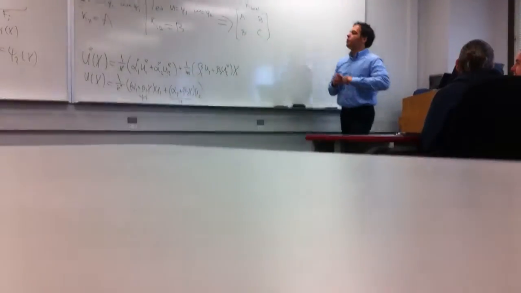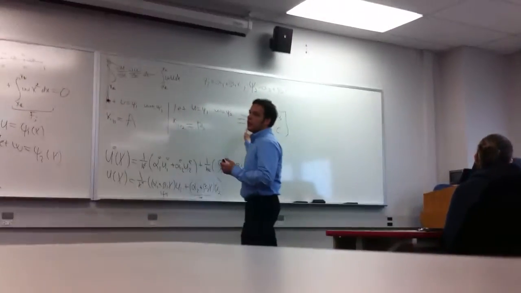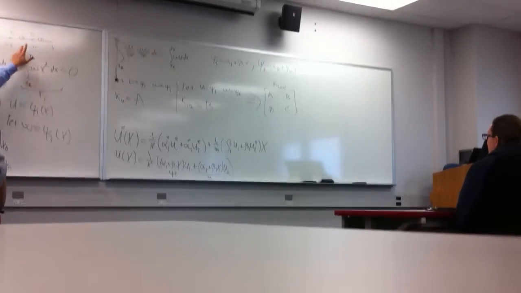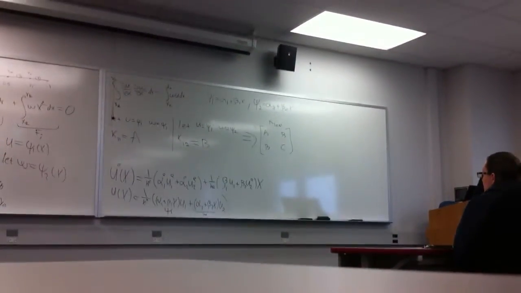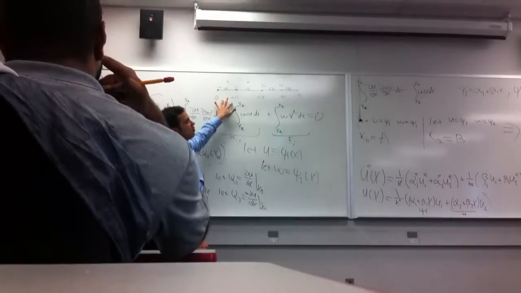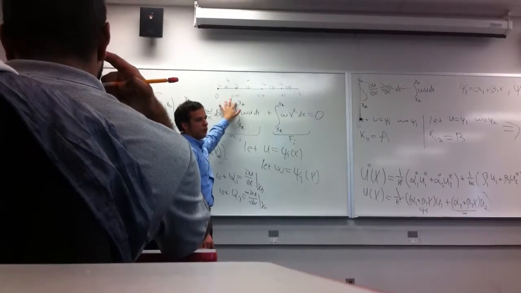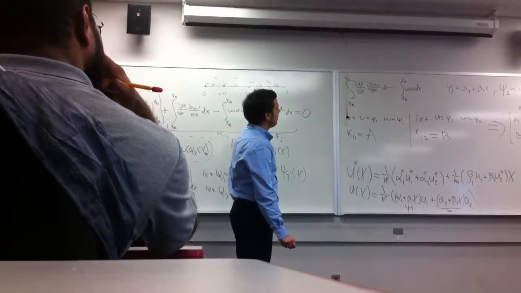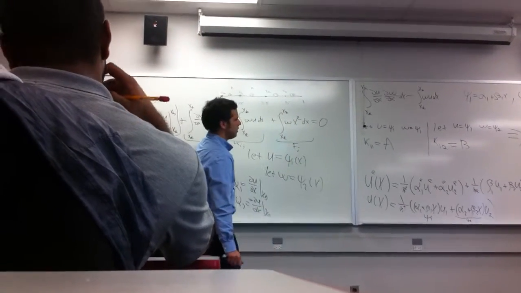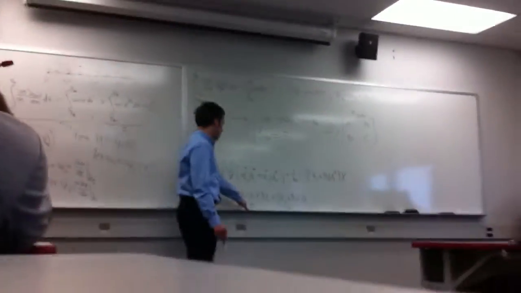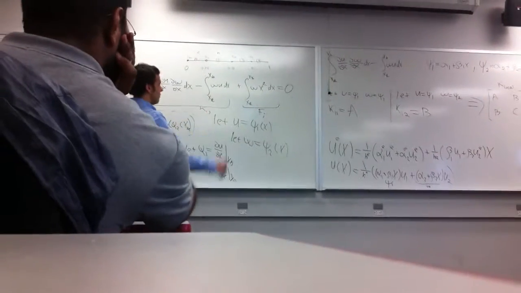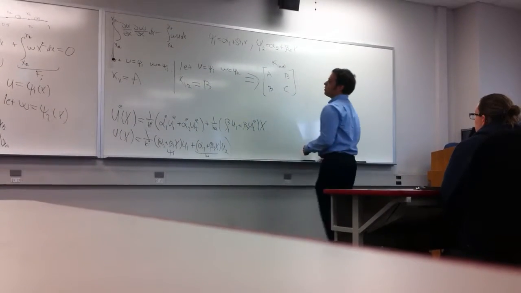But anyway, the point that I'm trying to make is that the answer you're going to get for the k local matrix will be the same if you take the first element, the second, the third, and the fourth, even if you're discretizing your elements to be equidistant from each other. If you look at the expressions, let's say for one, you can kind of see that. But anyway, all right, we have our k local matrix. Now what do we do? Well,